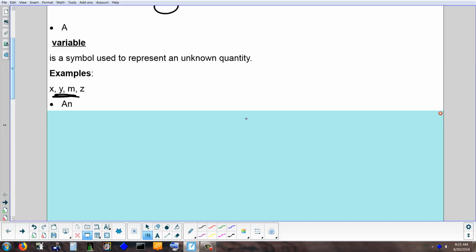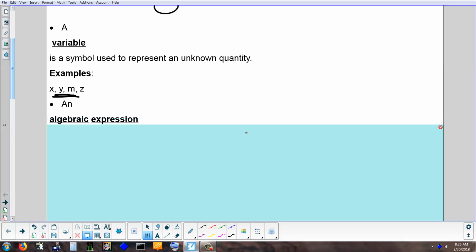All right, so the next thing is a little bit tricky. It's two words. Let's start with the first one. So the first one, it's a form of the word for the name of the class you're in right now. So what class are we in right now? Algebra. Algebra. So the first blank, it's algebraic. And the second word, it's kind of hard, I'll just have to give it to you, is expression. So an algebraic expression